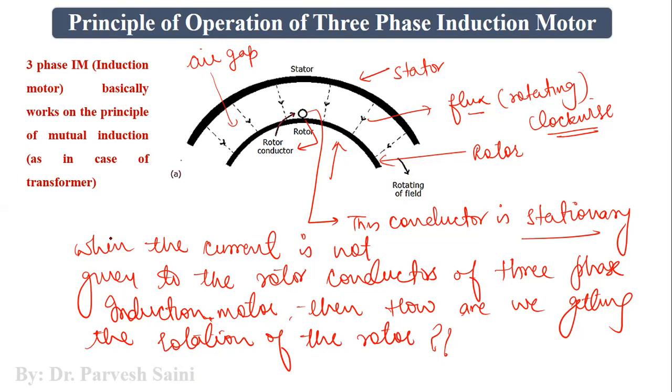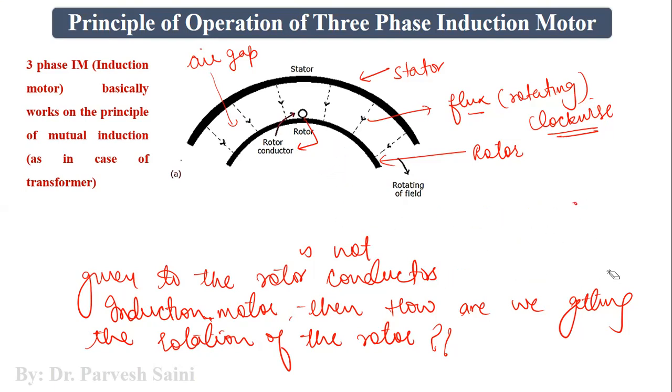We are not providing any current to the conductors, and as far as motor action is concerned, motor action is achieved only when we give some current to the conductor, and the conductors are placed in the magnetic field. Now we have a conductor placed in a rotating magnetic field, but this conductor is not given any current. Then how are we getting the rotation? The answer is that